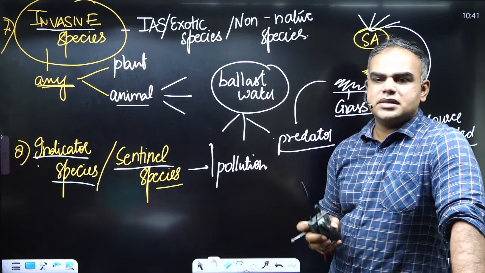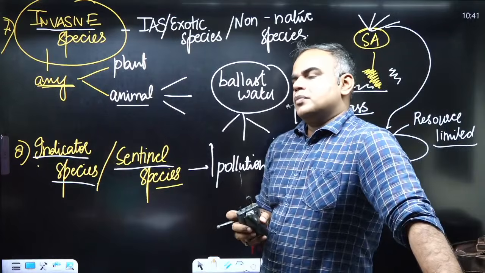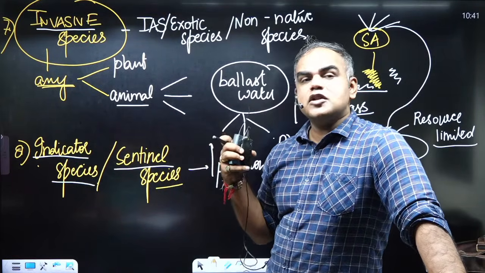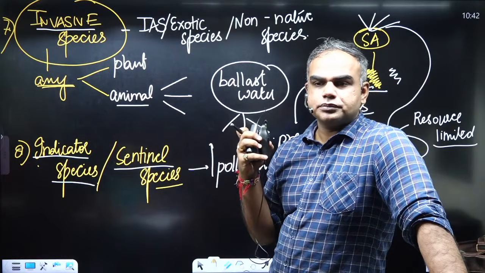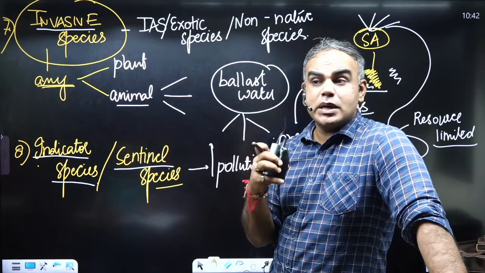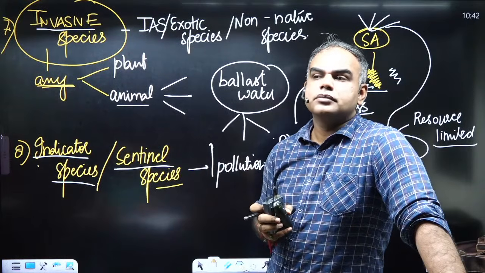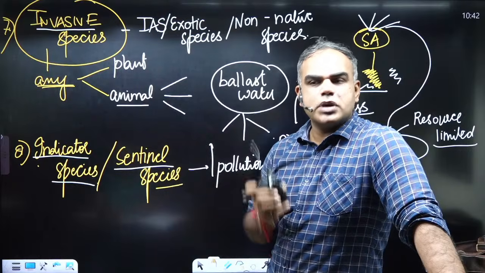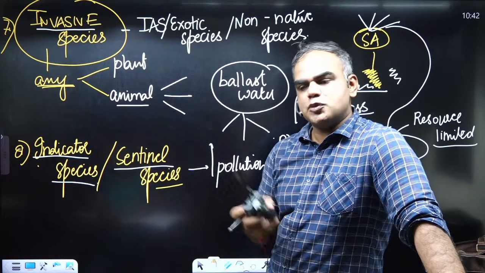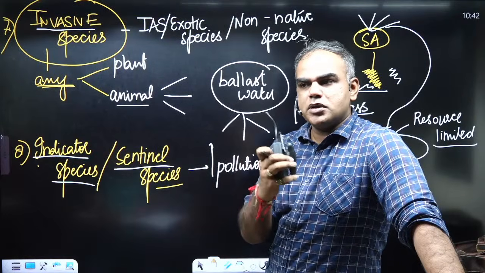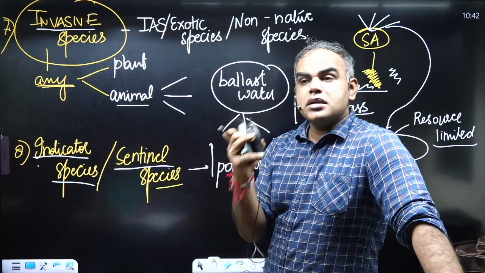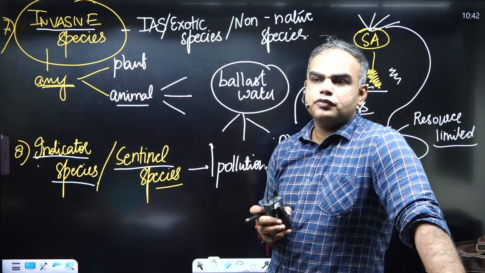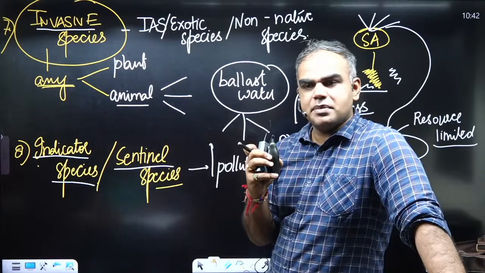Now I'll give you a practical example here. Let's talk about river Ganga. Whenever there is more pollution in river Ganga, will the population of dolphins increase or decrease? It will decrease, okay? And this is also seen. Even the Minister of Jal Shakti spoke about the same point, that now because the river Ganga is getting cleaner, the number of dolphins is also increasing. One example can be this.